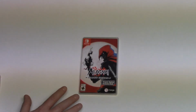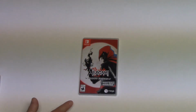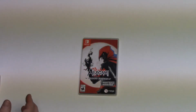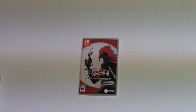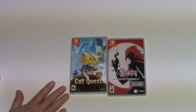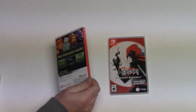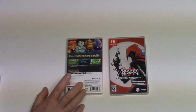I used to see this kind of all over, but I really haven't been seeing it around. So some of these games you don't really see much anymore. And another one of those is Cat Quest. This is another game that I saw a little bit when it came out and really haven't seen much of it. I wound up picking this up used,